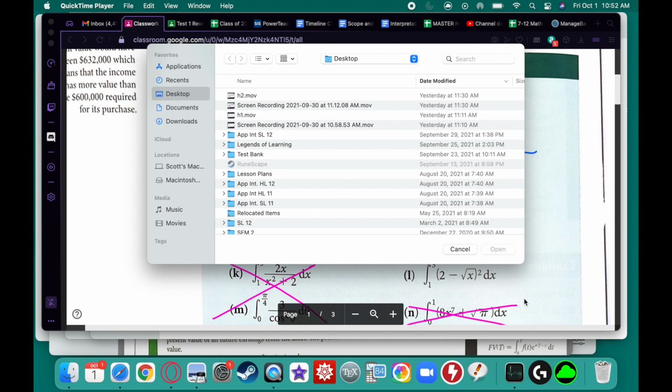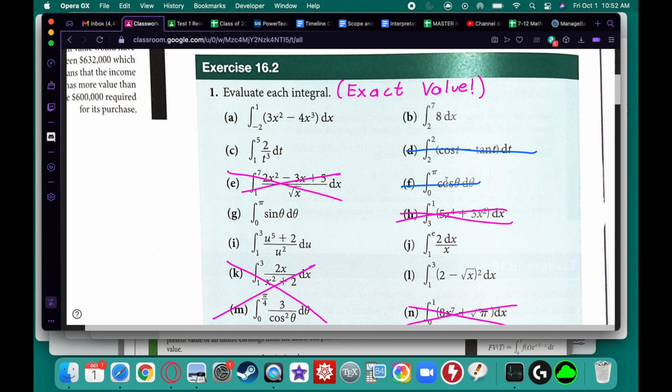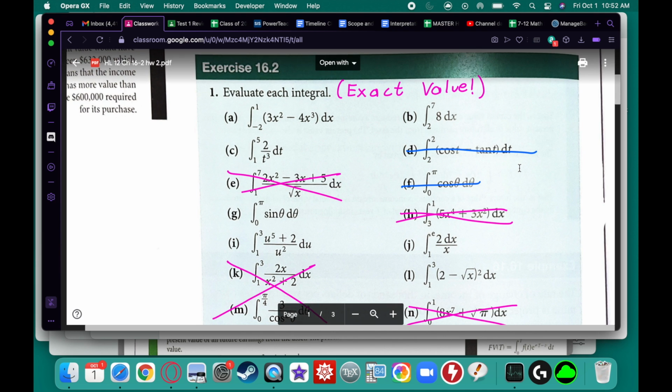All right, so let's look at a couple of homework problems here. This should be pretty quick and easy. I've elected to do some of the ones in blue, mostly because I think that's going to help you with a couple of these. It's all pretty easy. You just have to take the integral, evaluate at the upper bound, minus the integral evaluated at the lower bound. So if I look at D,